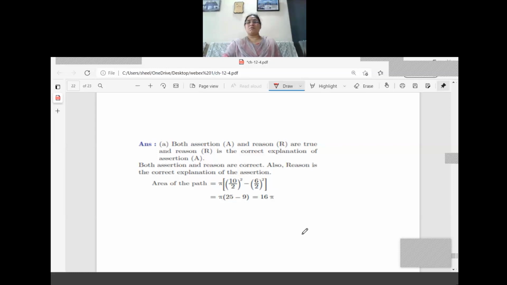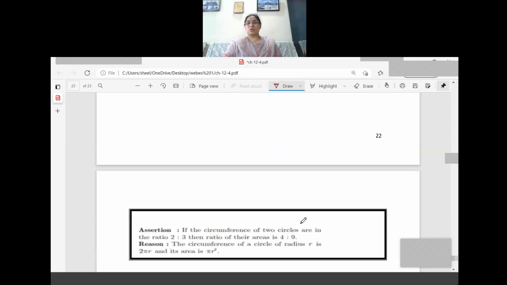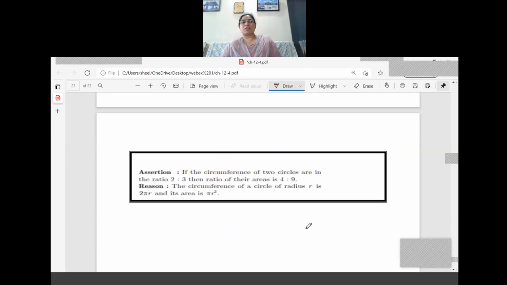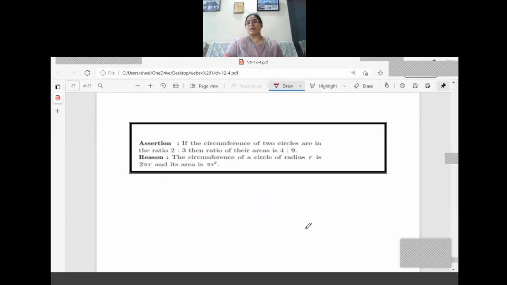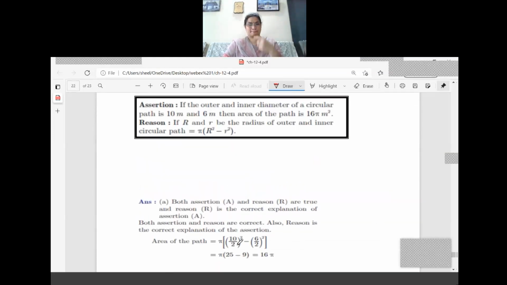I think we have to wind up now. One more question is there, I feel. Let me finish fast. Ma'am, radius is 10. Isn't it? It is not 25, 5 square minus 3 square. It is 16. It is diameter. I read that clearly.